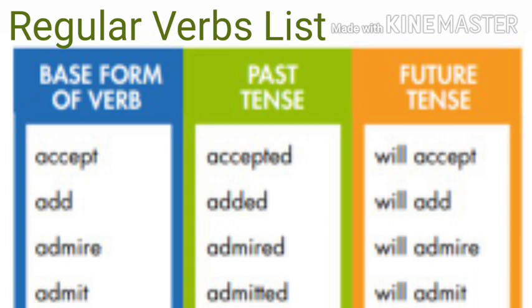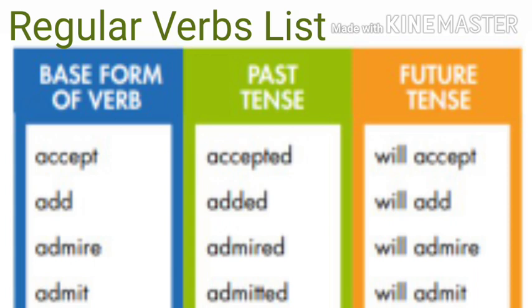Look at the first word, accept. Accept is in the simple present tense. To make it into simple past tense, you have to add ed to it. It becomes accepted. Now, how will you write it in the simple future tense? You have to add will to the base form of the verb. Accept will become will accept in the simple future tense. Will is written before the verb.